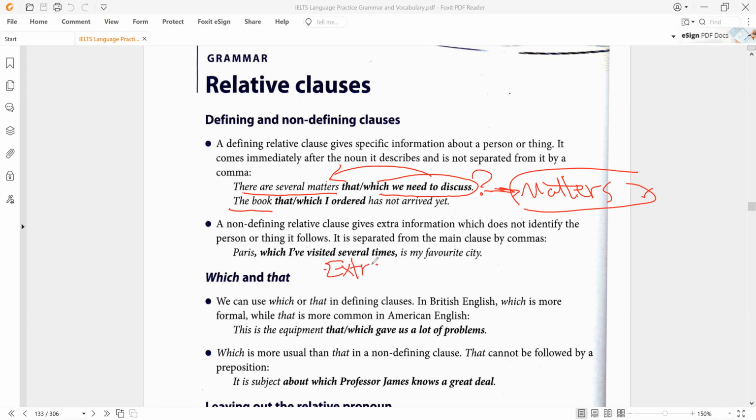Non-defining اللي هي extra information. معلومة زيادة لفقط التوضيح. Paris, which I visited several times. Paris, which Sami lives in. Okay, or where Sami lives in. Paris, where my grandmother was born. باريس حيث ولدت، أو باريس المدينة التي ولدت فيها جدتي. اوكي ولدت فيها جدتي، يعني شنو حتكون الولادة هنا؟ مش حتعرف مدينة باريس مثلا باريس، فإذا هنا extra